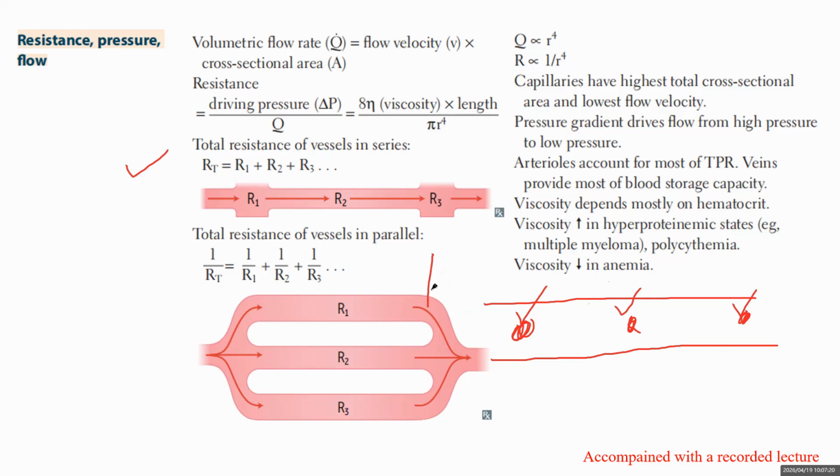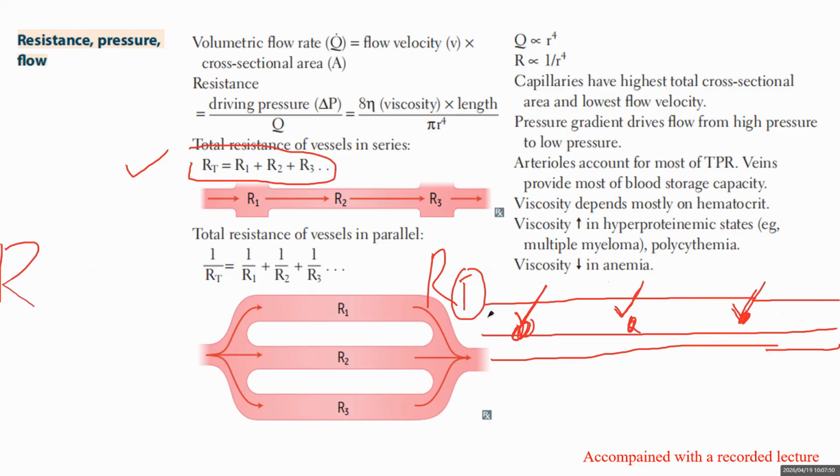So what is going to be the impact on the total resistance? R represents the resistance, and R total is the total resistance. This means that the total resistance over here is equal to resistance 1 plus resistance 2 plus resistance 3. It means that the total resistance becomes greater as more and more resistances are added into the sequence. Let's say that this extended more. This is the same pathway in which the blood is flowing, and of course, the resistance will be